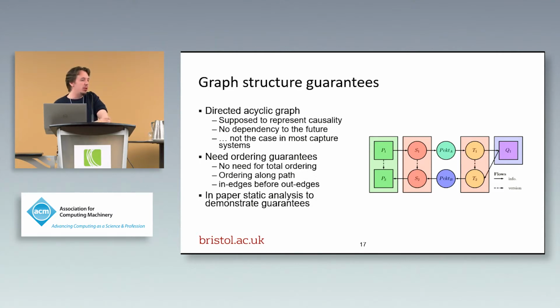In order to be able to do that and to have decent performance and not have to have the whole graph in memory, you need to provide some guarantee about the structure of the graph. First, the graph needs to be directed and acyclic. In the first place, provenance is supposed to represent causality relationships between states of objects, so it seems reasonable to not have dependencies in the future. However, a lot of systems, to save storage space, actually create cycles, and then you do some graph analysis to disambiguate